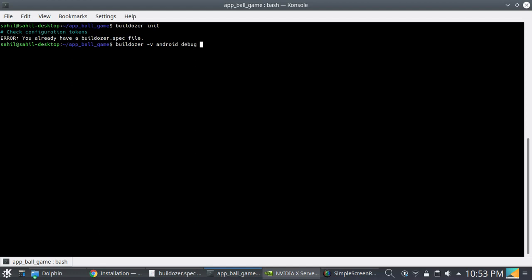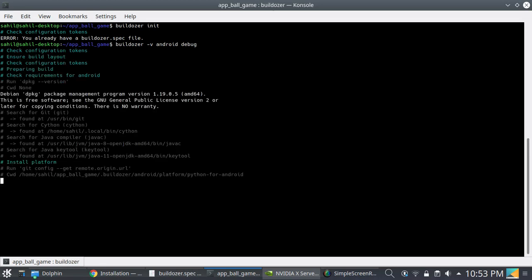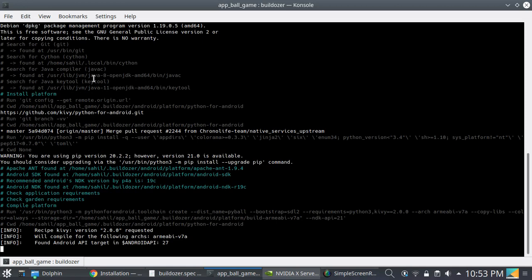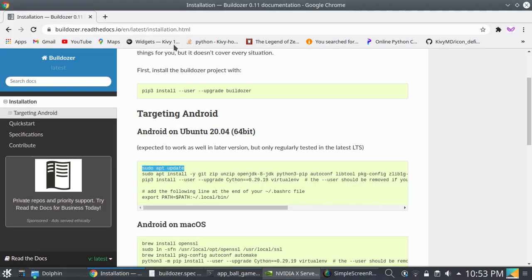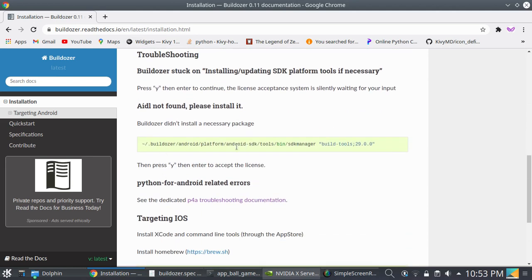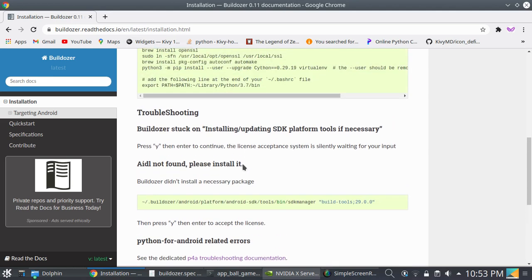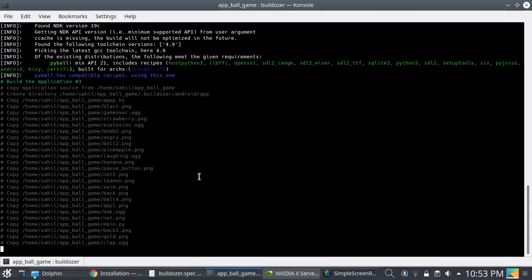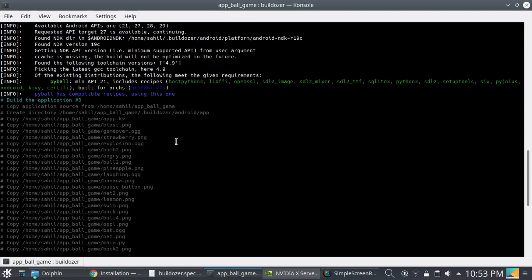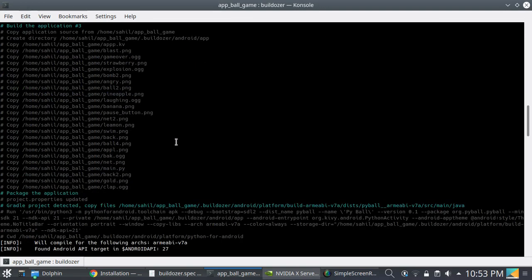Buildozer -v android debug will download all these files on your PC automatically, Android SDK and NDK. Then you have to accept the license which is written here. The first time it takes 1 hour or 30 minutes depending on your internet speed and PC processor.